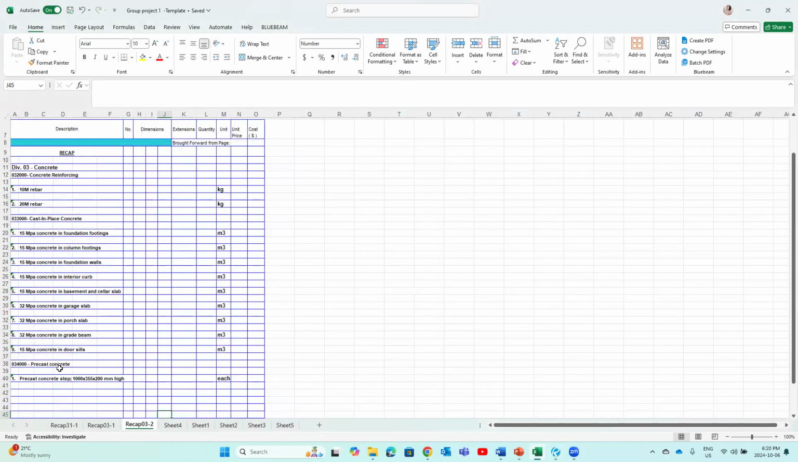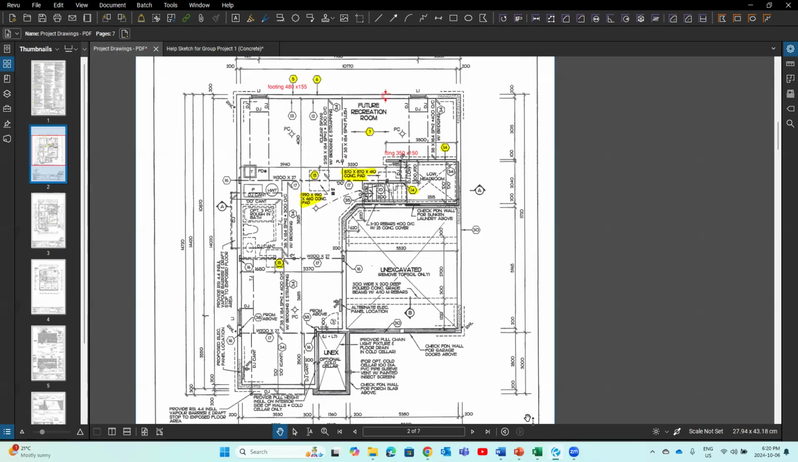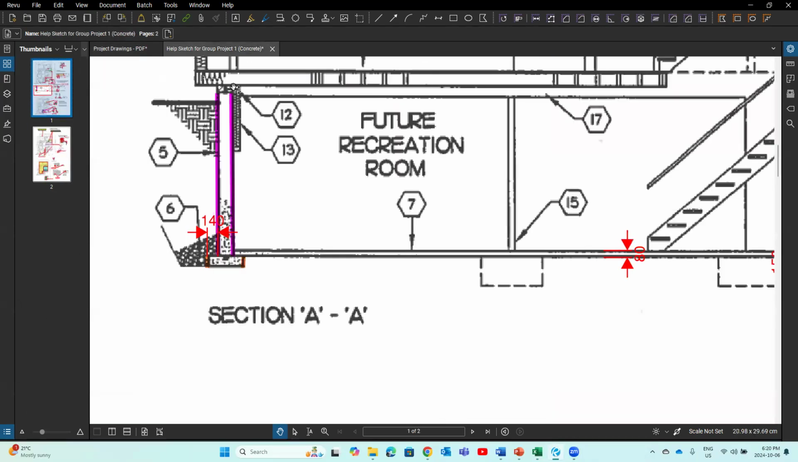So concrete, same idea, right? If you know how to calculate the formwork, I believe you should know how to calculate the concrete. The rebars. If we look at the rebars,